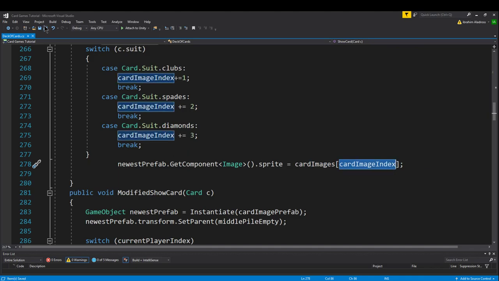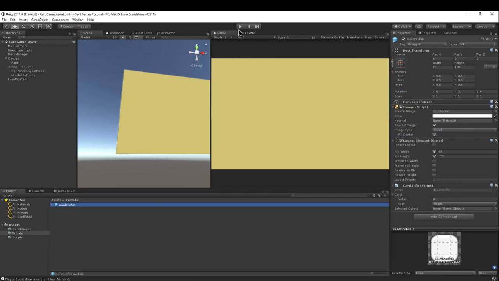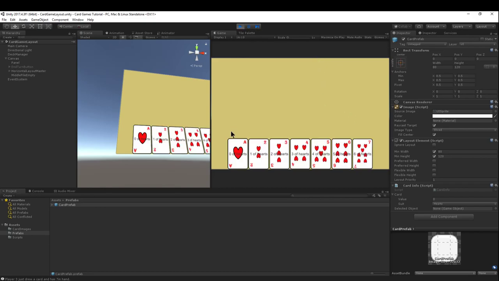Once I save this, I want to show you what it actually does. Let's go into Unity and hit play. And you'll notice something kind of cool happens. With our hand, we now see all of the art that we just generated. Great. Notice how the corners are not showing anything extra. It's cut out just like we did when we went into Photoshop and made them transparent. So everything looks great. But as soon as I select a card and start playing it,